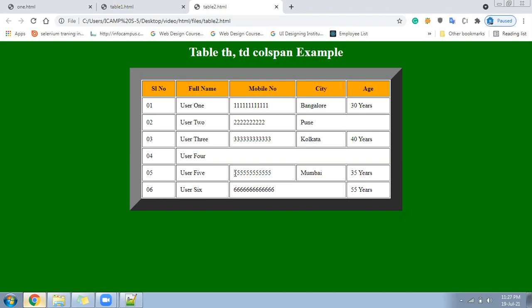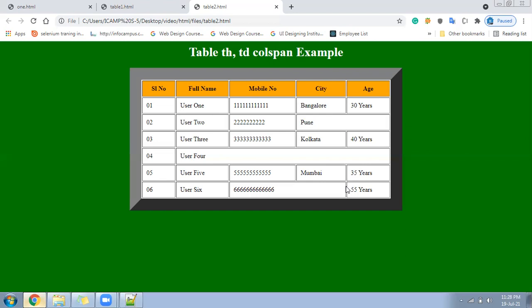It's easy. In the next class, class number 9, we are going to learn rowspan. Here you learned how to combine 2 or more columns. But suppose this user is also 40 years and this user is also 40 years old, then we do not need to display the 40 years 2 times. Or take the example of the last: this is 35 years, this is 55 years. In case both are 55 years, then no need to display 55 years 2 times. In that case, our rowspan will help us. That will be more interesting.